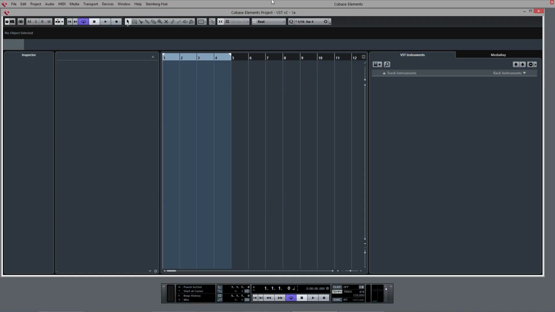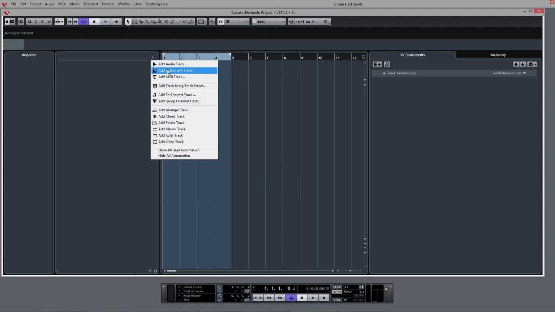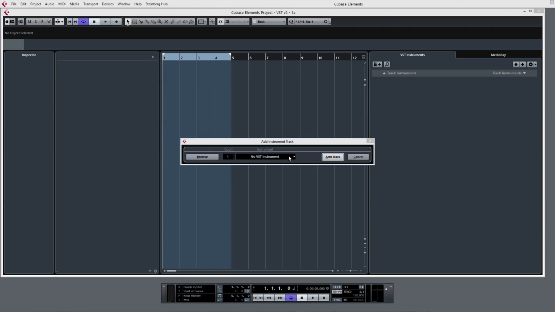What we're going to be doing now is showing a very simple way of adding a virtual instrument into Cubase and applying some effects to really get you up and running. So we now have a nice blank page in Cubase and we're going to add an instrument. So let's start by adding a track, and in this case we're going to add an instrument track. And we can then choose what type of instrument we want. So let's start with something rhythmic. If we load Groove Agent SE and click on Add Track,